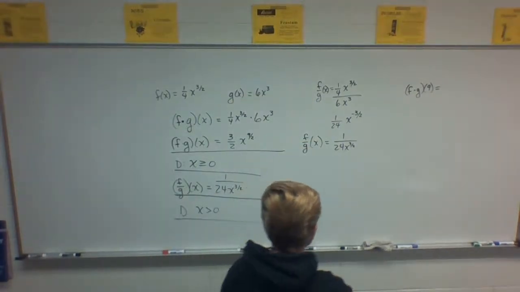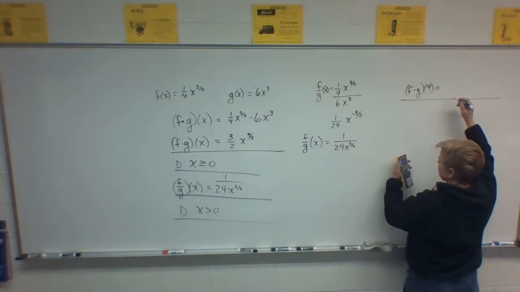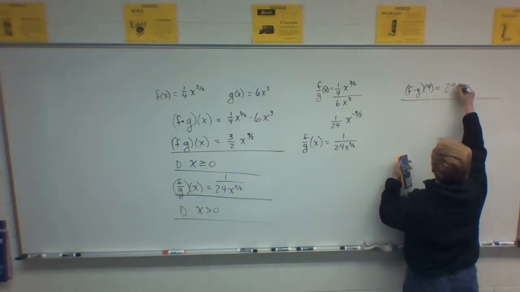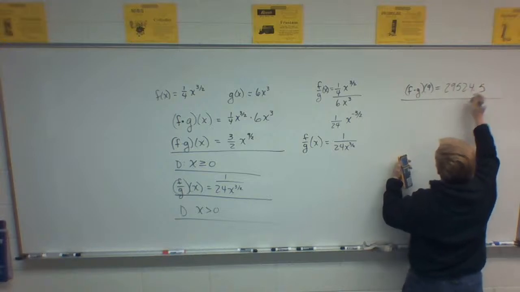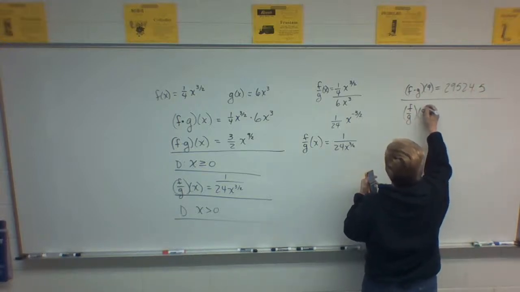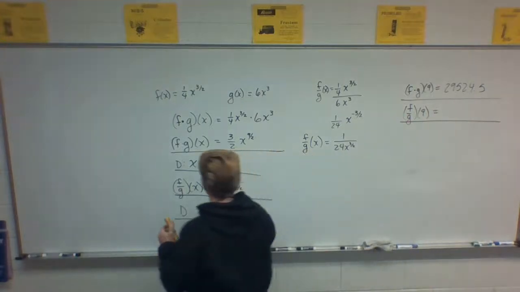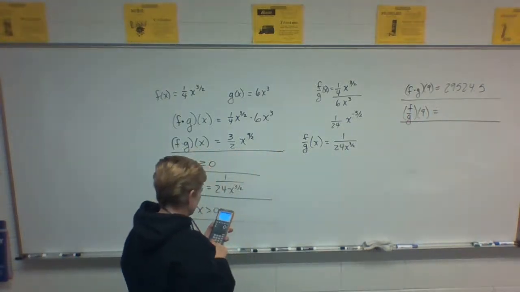Okay, so in this blank right here that says this, you would write 29,524.5. And then there will be another one right below it that says F/G of 9. Same evaluation. We go back over here to our F/G thing, and we would take 1